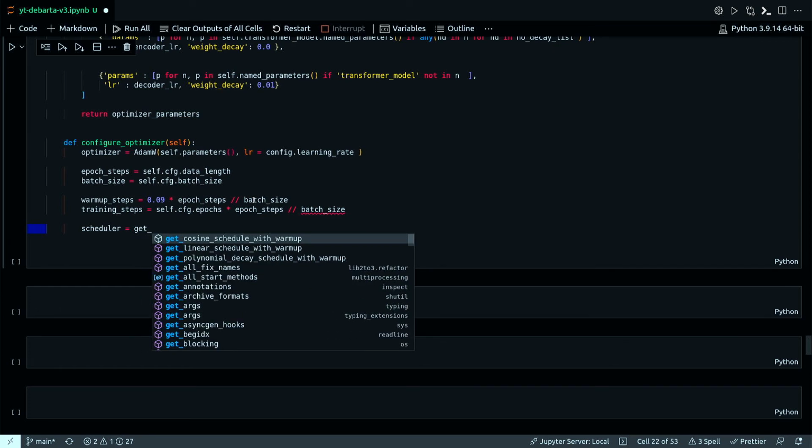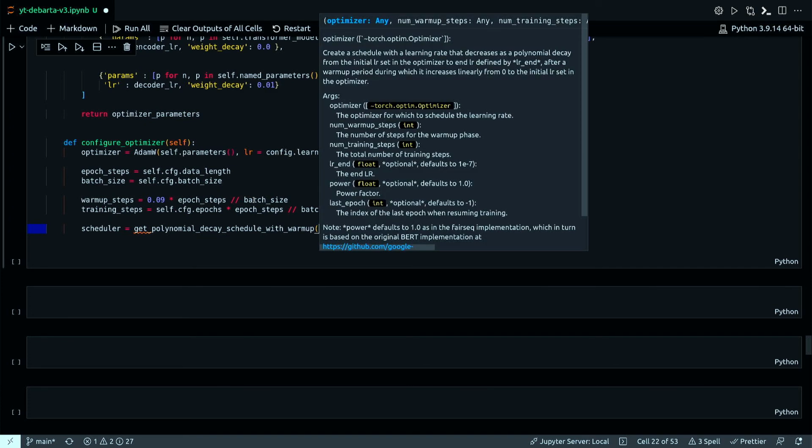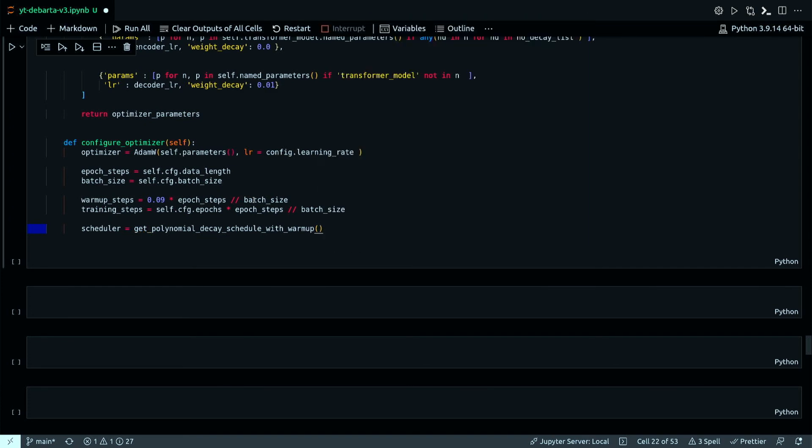And here I'm going to use the function that we imported earlier, which is get_polynomial_decay_schedule_with_warmup. This is one of the strategies to decay the learning rate from the library. So you can definitely go and read about it, what it does. We will discuss that later actually, because now let's complete it first.